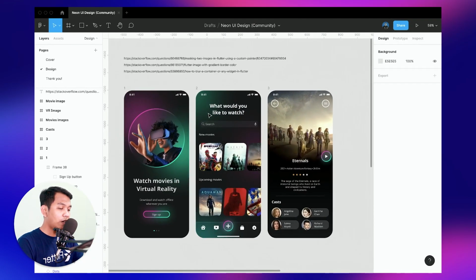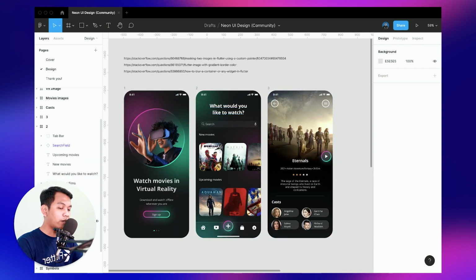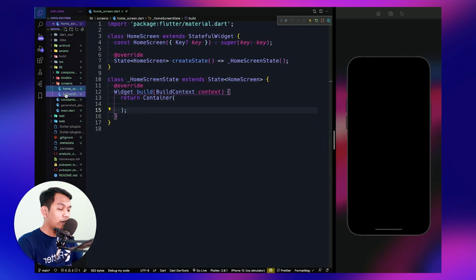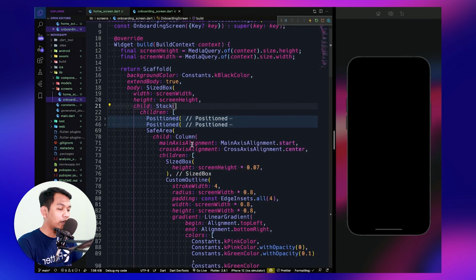As we can see, our home screen is similar to our onboarding, in that we will implement a blur background here. Let's check this and go to background, and we see we have 3 circles, but in Figma they are ellipses. So we have 3 ellipses: top left, center, and bottom left. We will open our onboarding here.